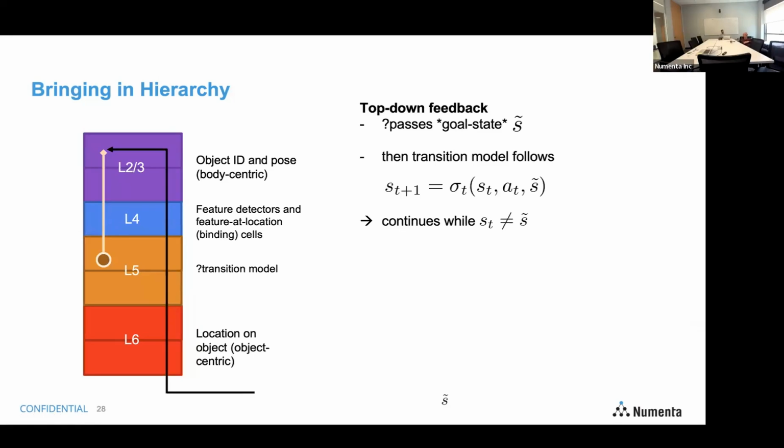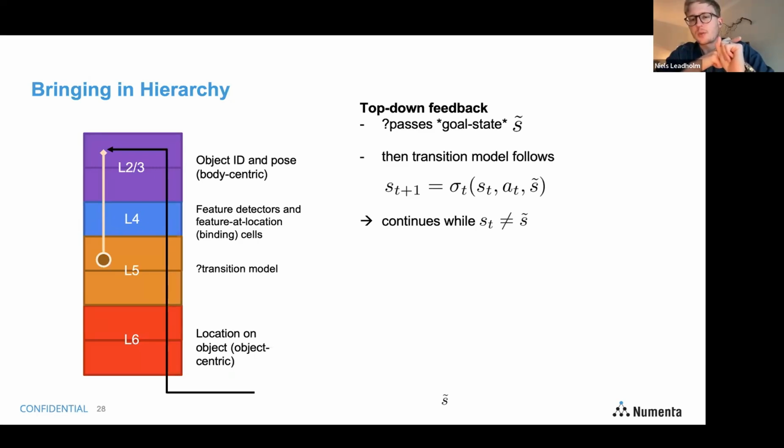So, yeah, a lot of hierarchical action policy stuff that I could see was talking about, you send down these actions and then those produce sub actions and stuff like that. But I wondered whether to a certain degree, we also want more top-down feedback that's passing a goal state. And so what this might then mean is basically the transition model would then be conditioned not just on our current state and the current action,